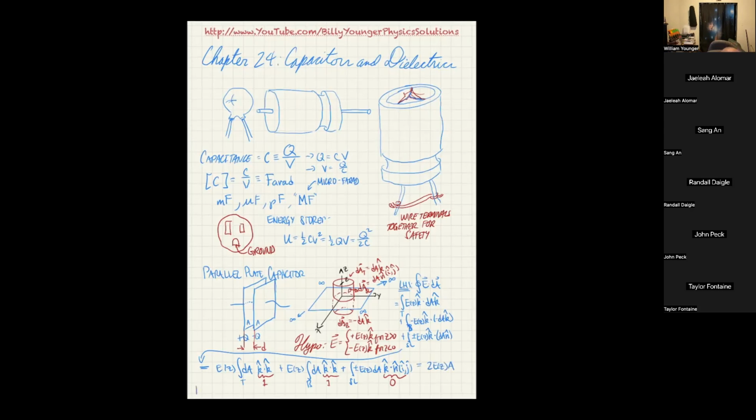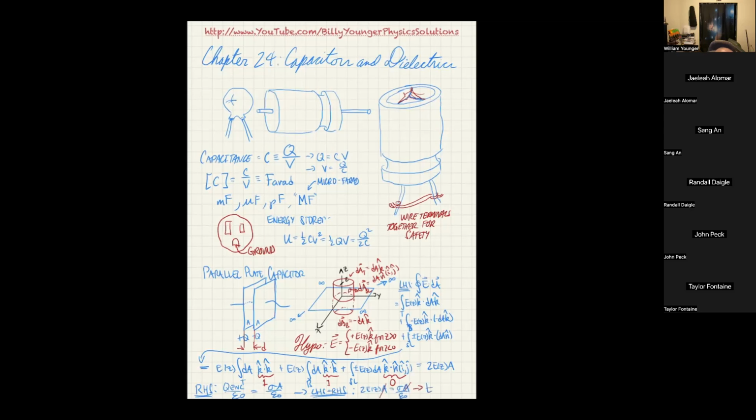Now, the right-hand side of Gauss's law is Q enclosed over epsilon naught, which is equal to sigma A over epsilon naught. So now I can say left-hand side equals right-hand side. Sorry about it getting so small here, but I didn't really want to start on another page where you couldn't see everything. I've now got 2E of z times A is equal to sigma times A over epsilon naught. You can see that the A's cancel out, and ultimately what you get is